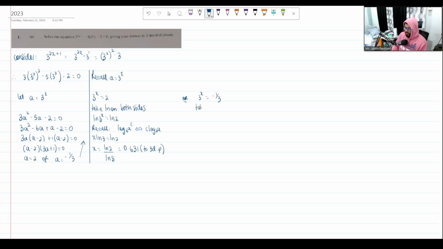Again, I'll take ln on both sides. Now, while I might say, well, you could have brought that 1/3 as 3 to the minus 1. You could, if I do that, 3 to the x is negative 3 to the minus 1. This base is 3. This base is negative 3. And I don't really have any workaround, so we'll have to take logs. ln 3 to the x is ln of minus a third. And this here is not possible